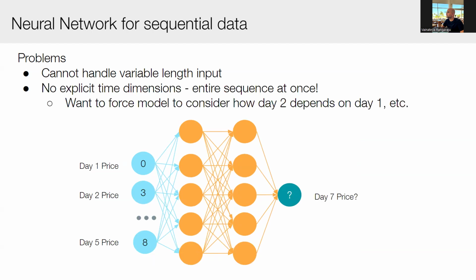So basically, there's no explicit dimension of time. We are giving this model access to the entirety of the prices from day 1 to day n all at once. In reality, day 1's price affects day 2, day 2 affects day 3, day 3 affects day 4, and so on and so forth, right? So if we just input all the different day prices all at once, how can we expect the model to